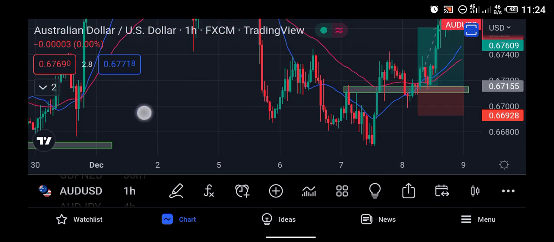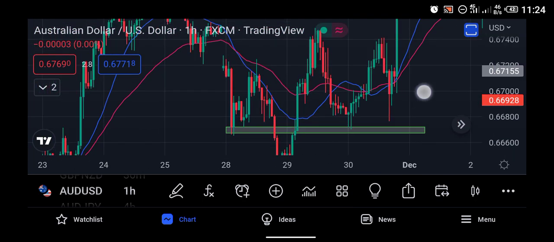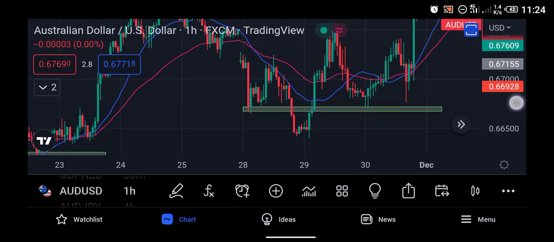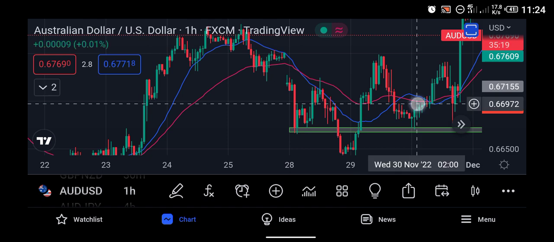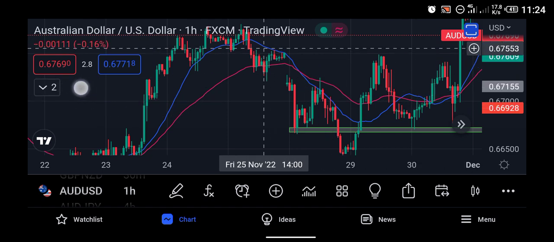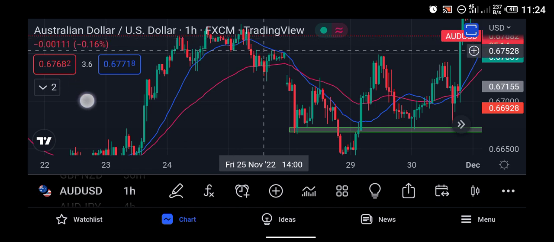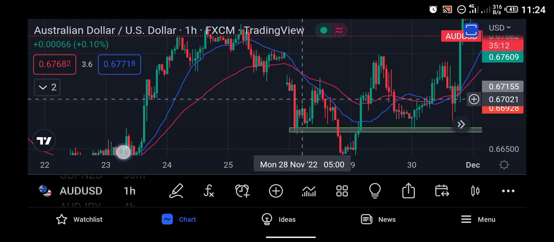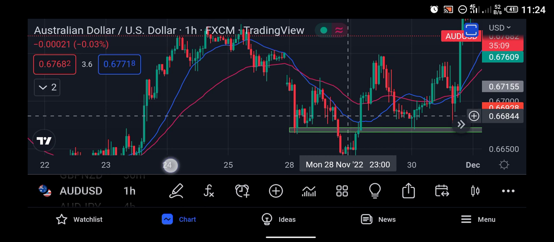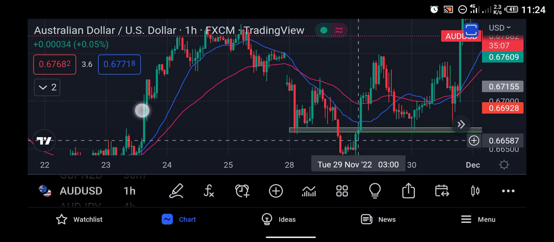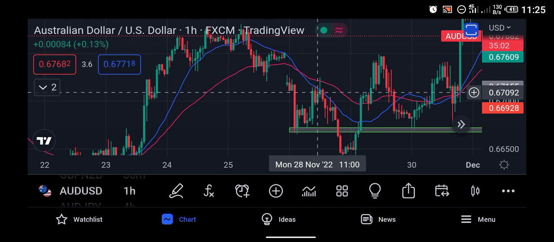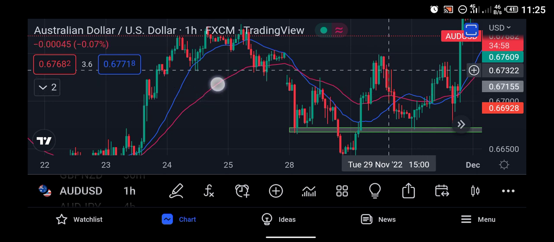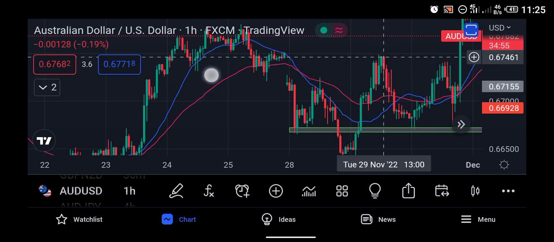Let's take a look at another example. Take a look at this one. As you can see, the market was making a lower low. It was making a new low, a new high, a new low, a new high, a new low. But as you get to this point, the market breaks above this particular high, and once the price breaks above that high, the market closes above the 20 and